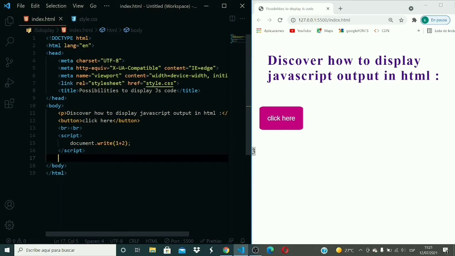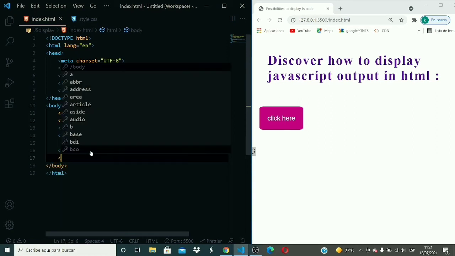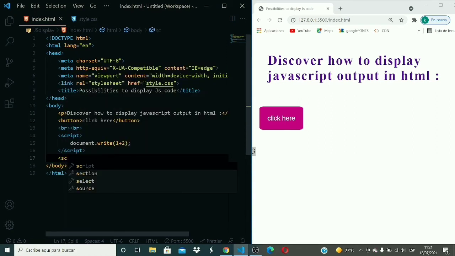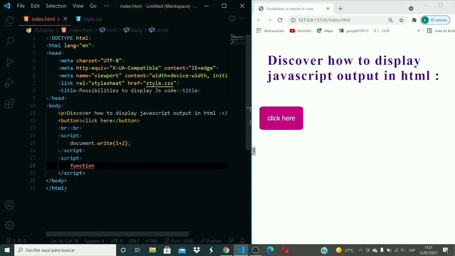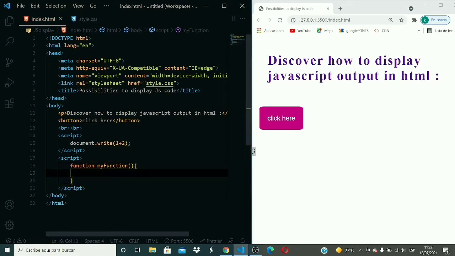For example, I'll write another script, and here I will create a function. Function myFunction, and between parentheses open the curly brackets and write